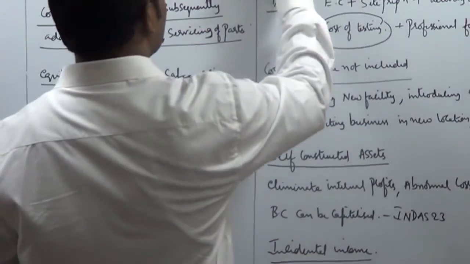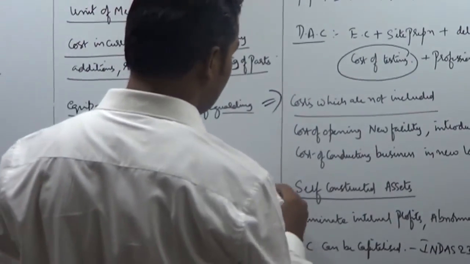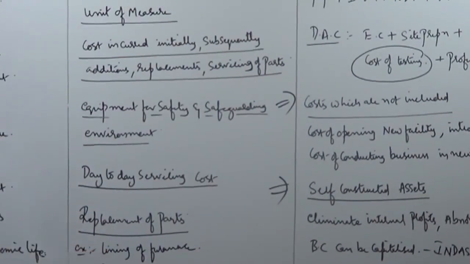Okay. So we have covered initial recognition costs which are not included, then we have covered self-constructed assets. Now let us come to the